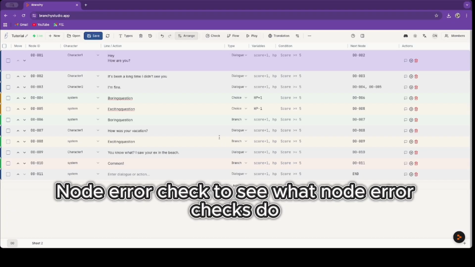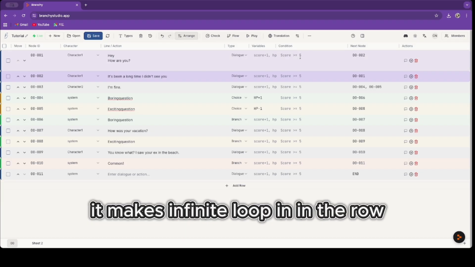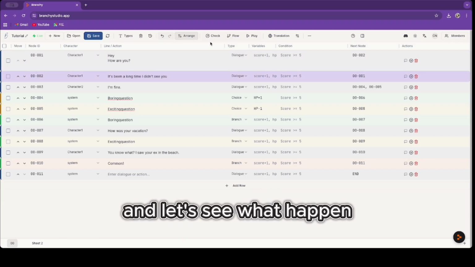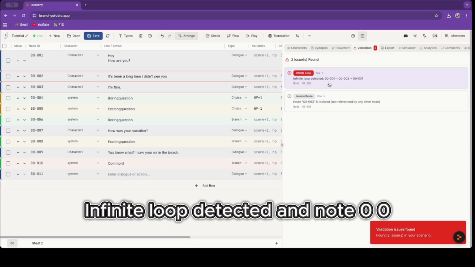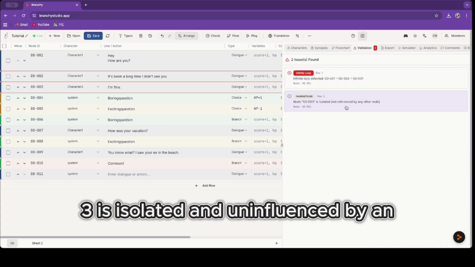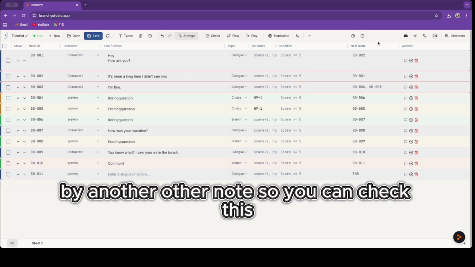Let's run a node error check. To see what node error checks do, I will make some mess in here like this. Logically, it makes an infinite loop in the row. And let's see what happened. Infinite loop detected and node 003 is isolated, not referenced by any other node. So you can check this